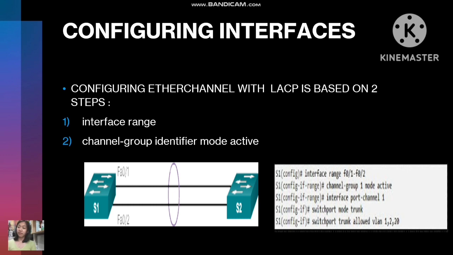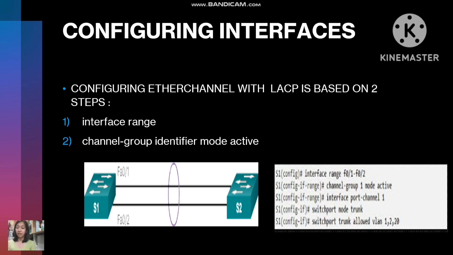So here's step 1, configuring the Ether channel with LACP. Step 1 is to specify the interfaces that compose the Ether channel group using the interface range interface global configuration mode command. The range keyword allows you to select several interfaces and configure them all together. A good practice is to start by shutting down those interfaces so that any incomplete configuration does not create